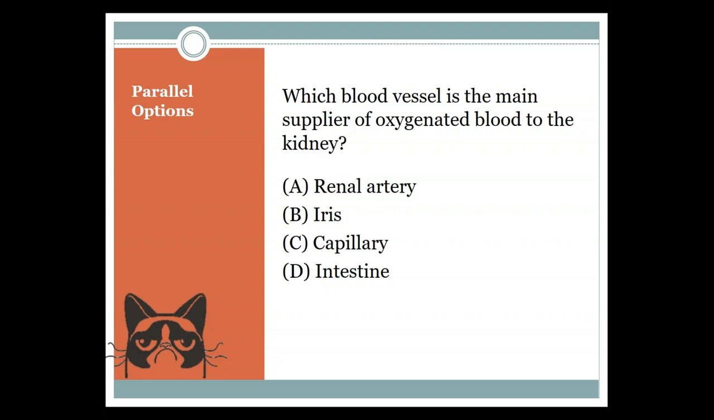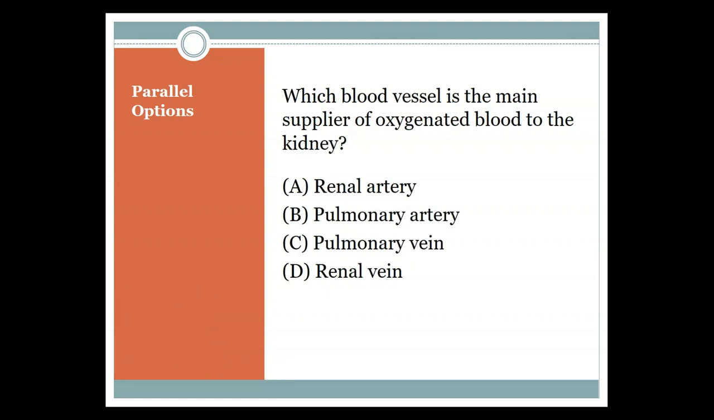So the example given here is which blood vessel is the main supplier of oxygenated blood to the kidney. And we have renal artery, iris, capillary, and intestine. Sure, that's all part of human anatomy, but it's really all over the place. You know, you've got your guts, you got your eyes. They're not the same level of complexity. It's a very simple question. So what we've done to make it more parallel is we've made everything either an artery or a vein. So now they're all directly dealing with blood, and it makes it a much more difficult item